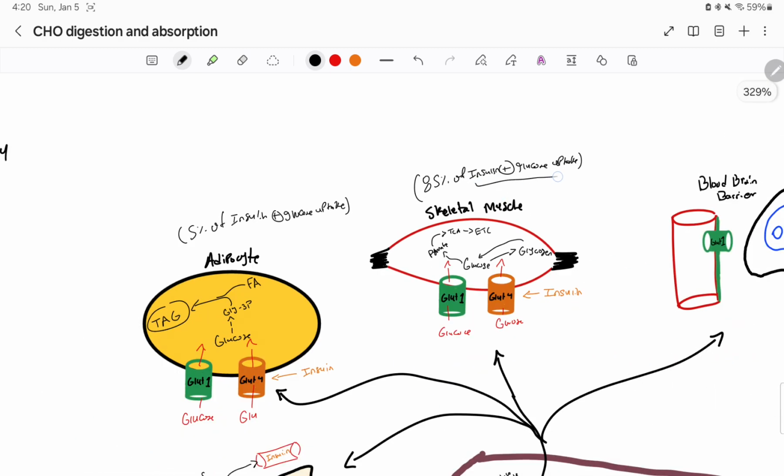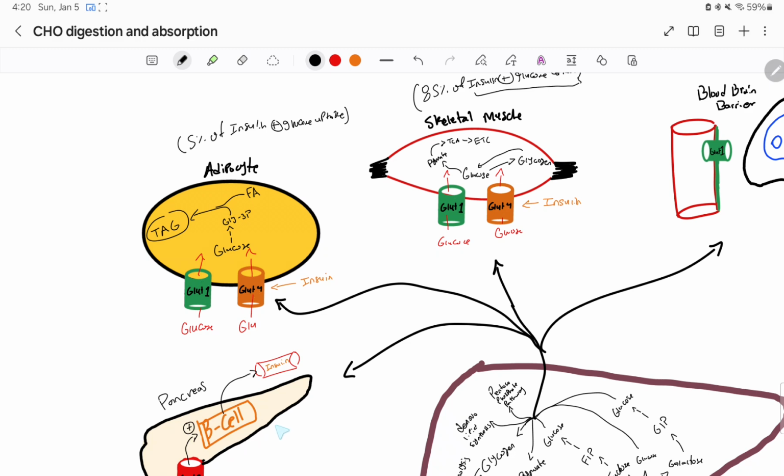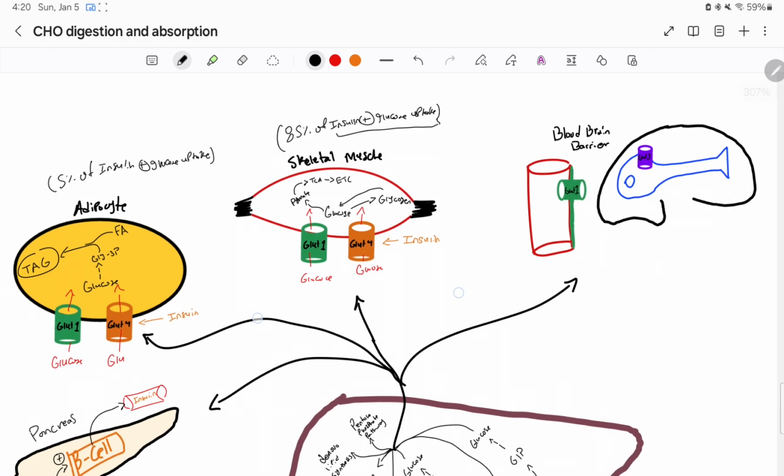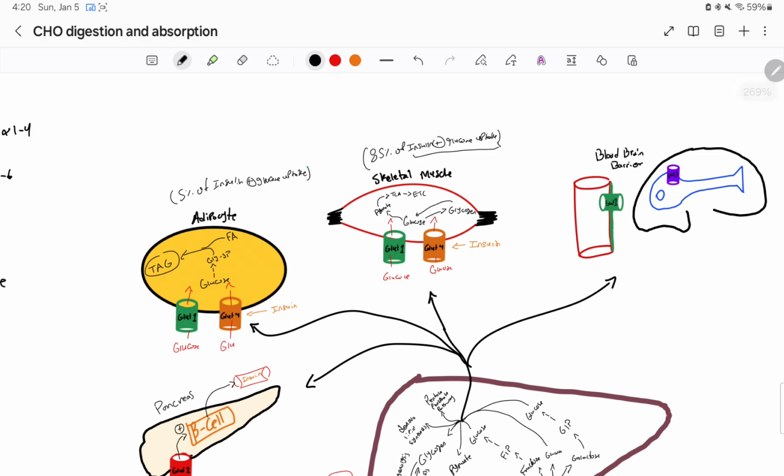So when I mention insulin-stimulated glucose uptake, I'm talking about this GLUT4, okay? So after I eat, insulin gets released, right? I eat glucose, insulin gets released. We saw that here. And guess what happens? That insulin will then go and recruit GLUT4, okay? And 85% of the glucose that gets uptaken in an insulin-dependent manner is done by skeletal muscle, and the other 5% is done by the adipocytes, okay? We'll talk more about how much glucose is uptaken when we talk about glucose homeostasis in another video,